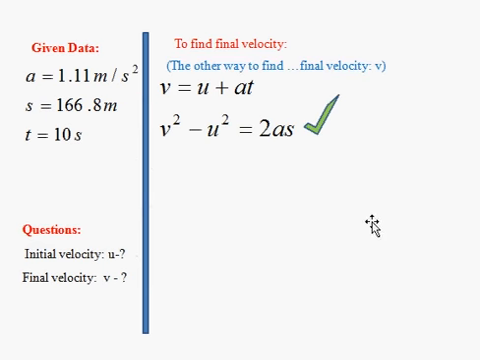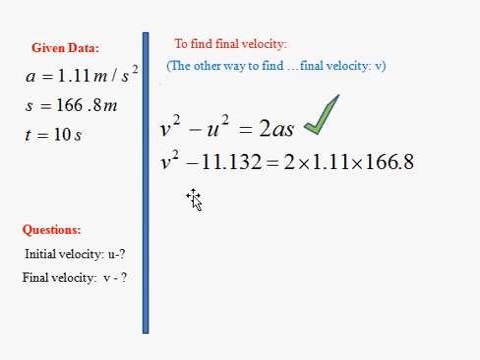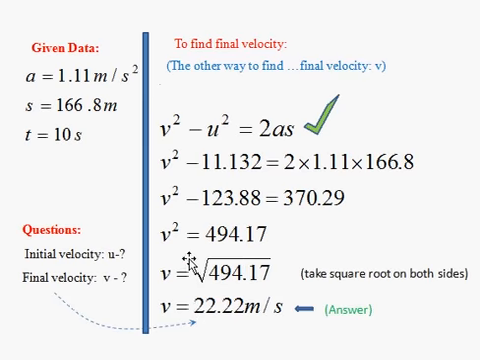As I have told previously, we have another formula also to calculate the v. I am utilizing the second formula to calculate the v here. Even though we have calculated v with the other formula, I am going with this also. After substituting the given data here, we can find the v value. So finally, we will be getting v equal to 22.22 meter per second.